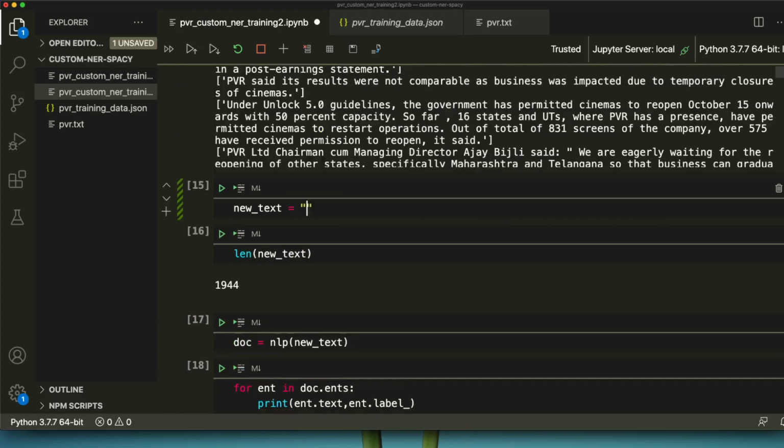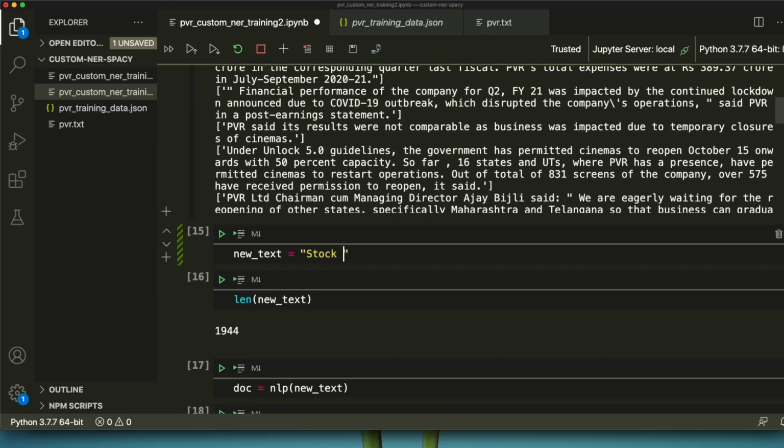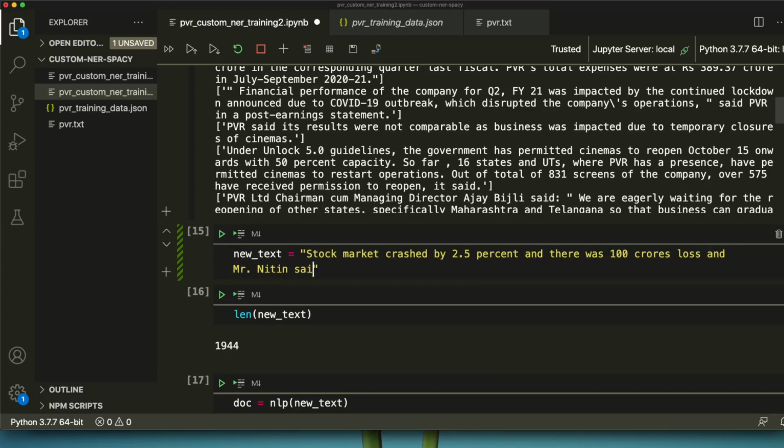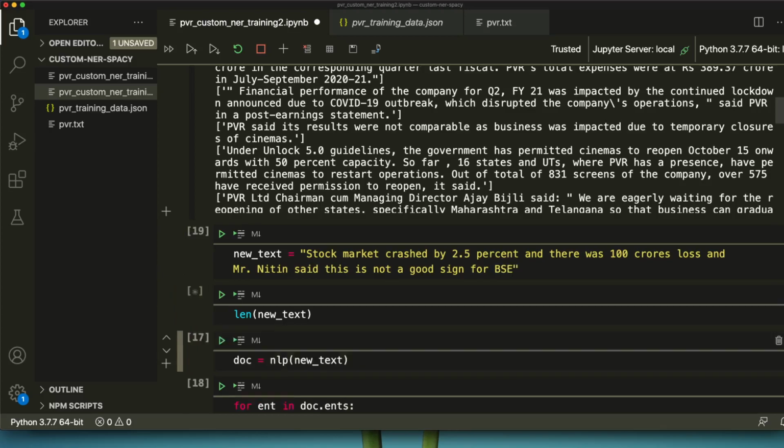I'll say stock market crashed by 2.5% and there was 100 crores loss, and Mr. Nitin said this is not a good sign for BSE. So let's give this text and try to look at it.